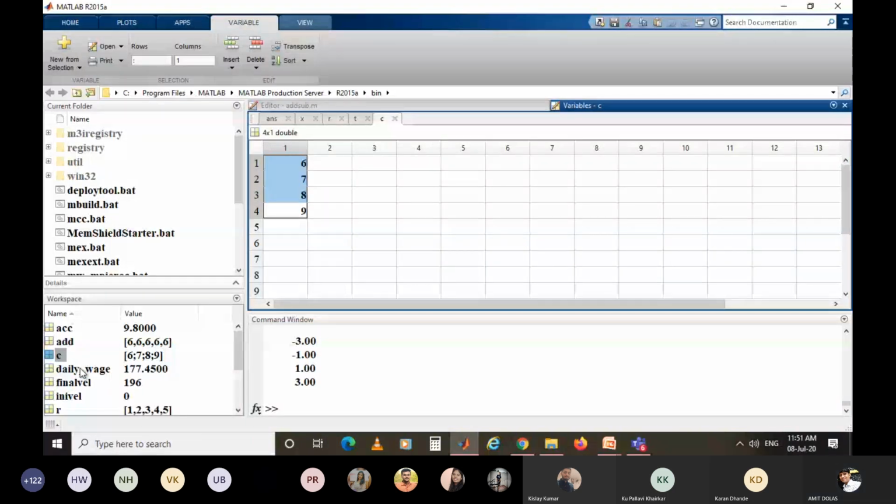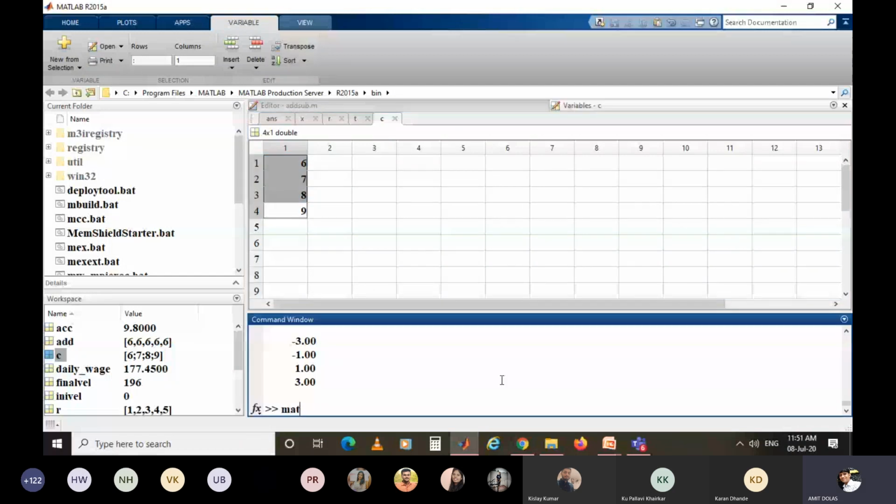Likewise, here I'll create one matrix, to which I have given the variable name mat. In square brackets I will use 1 space 2 space 3 semicolon, so it will be a row vector, then 4 space 5 space 6, then semicolon, then 7 space 8 space 9 and bracket close.